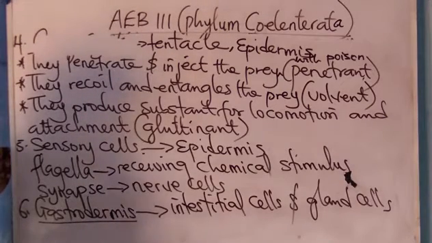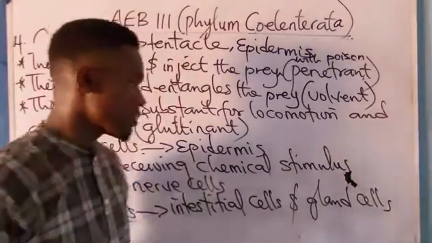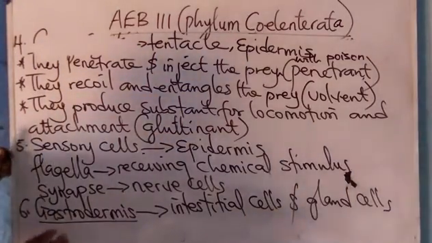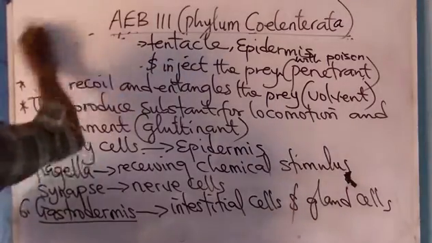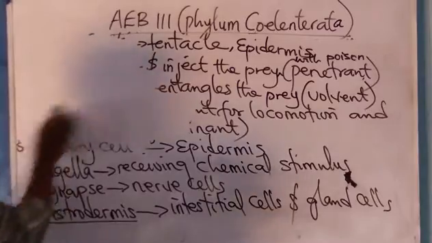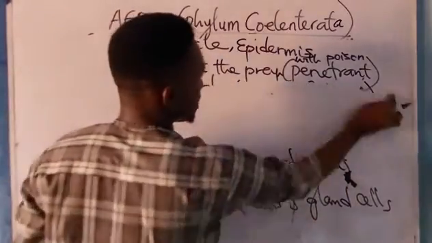The gastrovascular cavity is surrounded by gastrodermal cells, and the interstitial cells and the gland cells are found scattered on the gastrodermis. Now, what is the function of the gastrodermis? What does it do? The gastrodermis helps in the